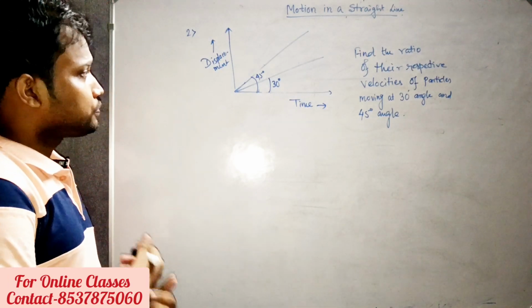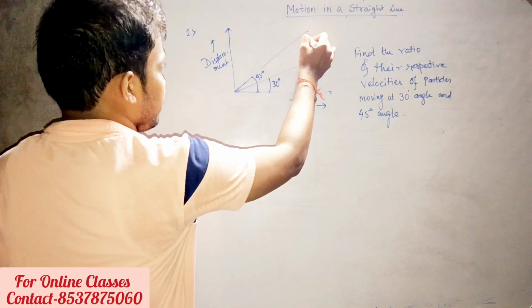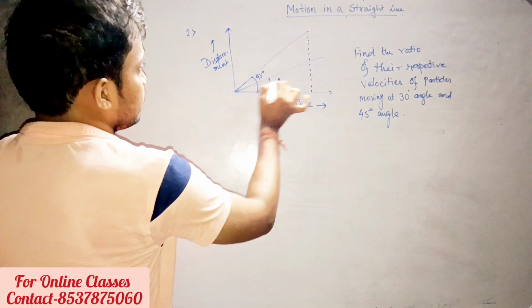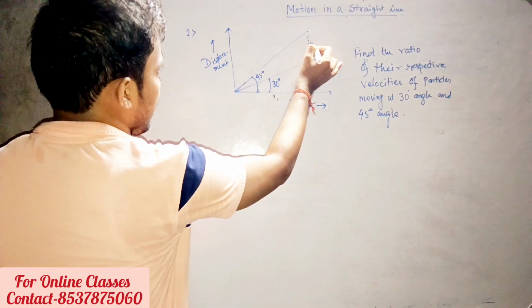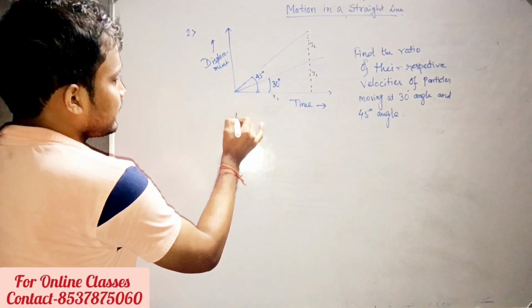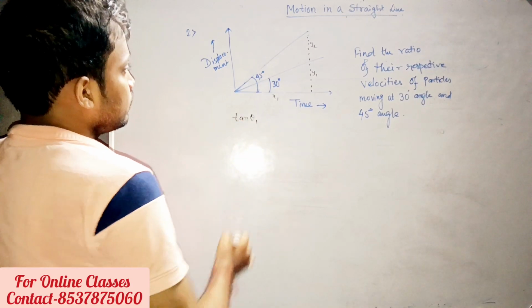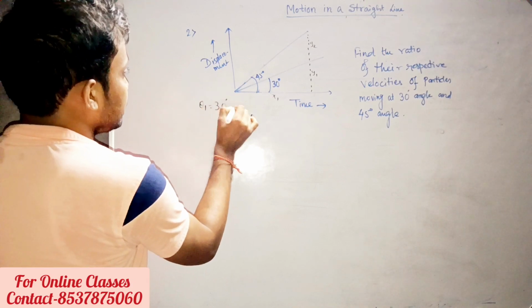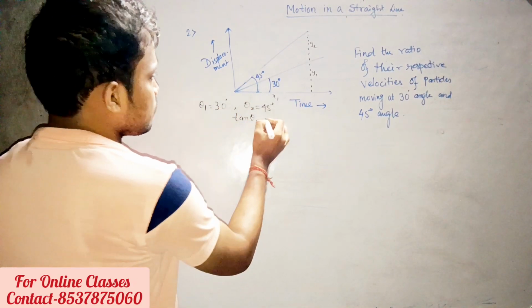So we know, if you draw a straight line from here, and take this as y1, x1 and y2, then if you take theta 1 as 30 degree and theta 2 as 45 degree, tan theta 1 will be